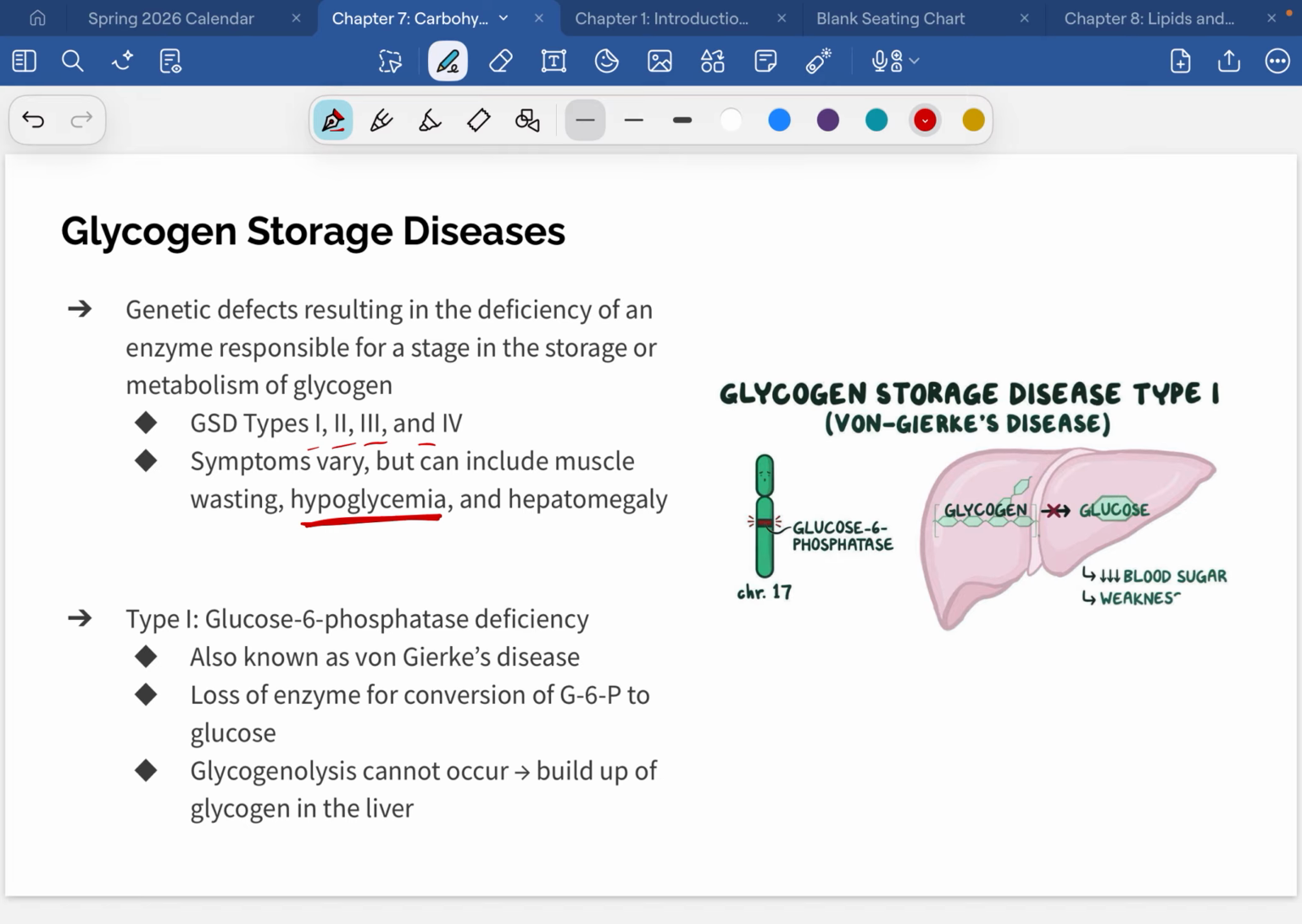Okay. And we're not going to talk about all of these types, but we are going to talk about type 1. So type 1 glycogen storage disease is called glucose 6-phosphatase deficiency, also known as von Gierke's disease. And this is the only one that you have to know the pathophysiology of. And what this is